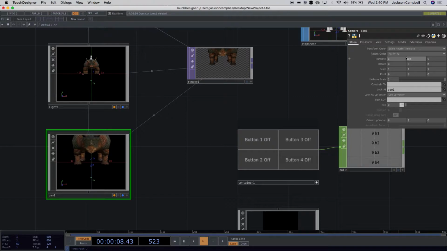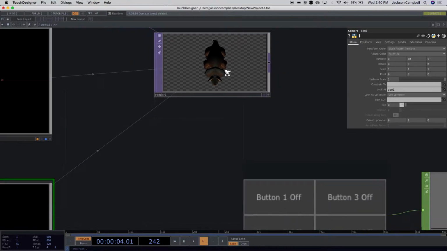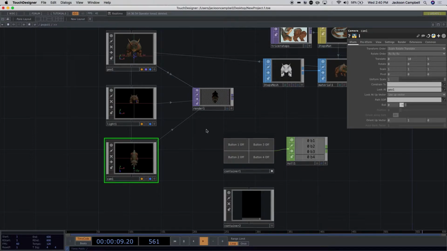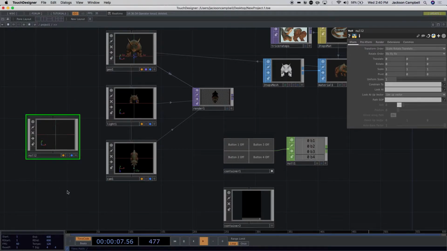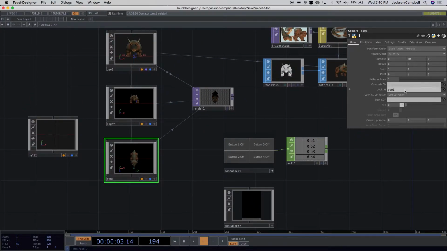And by that time, he's going to be at a weird angle, and you'll be looking at him from the top, right? So how do I make a look at that looks at a particular place but doesn't look at this particular geometry? That way I can move the geometry but still have a camera look at 0, 0. The answer is a null component. Create a component called null. Don't need to do anything with it other than here under camera, change your look at from Geo1 to null